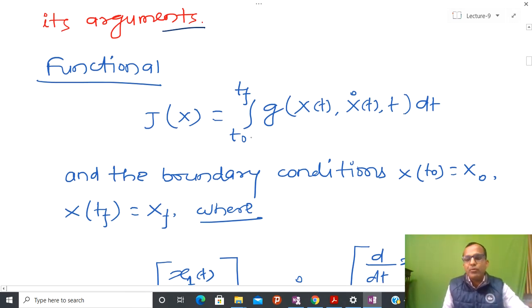In some particular cases we can also assume that some components of xf are free. So using some problems we are going to see those kinds of conditions also. The main theme of today's lecture is to see how to generalize,